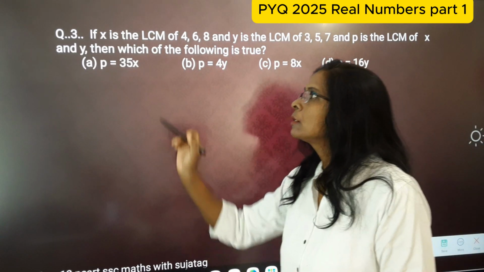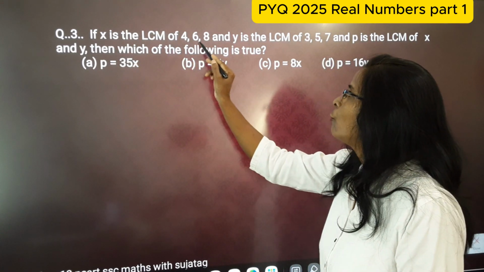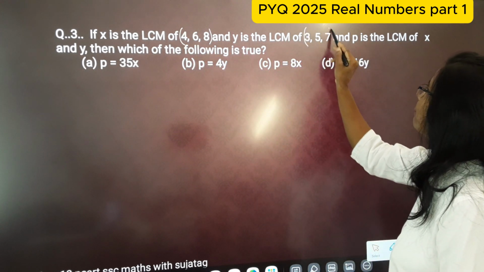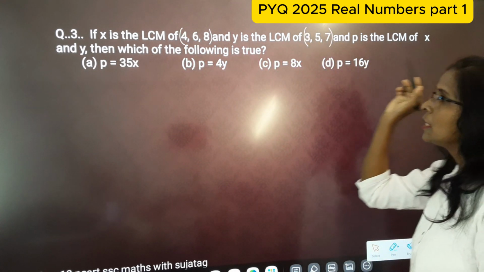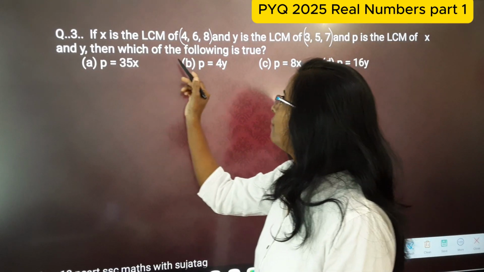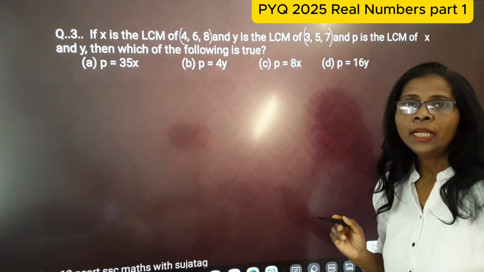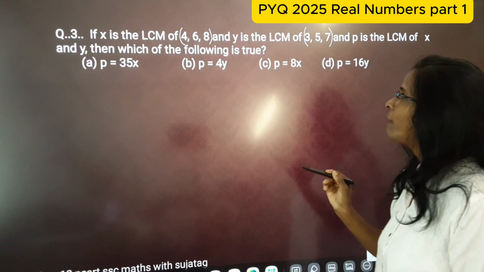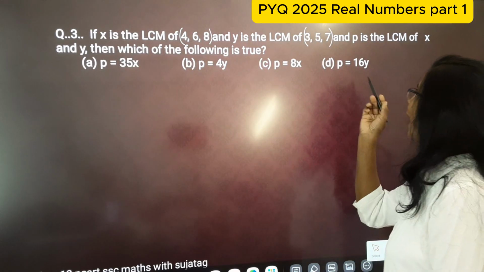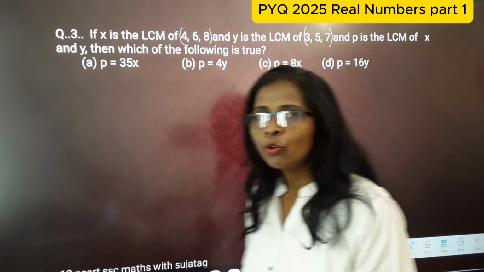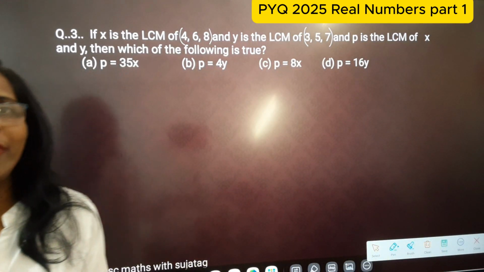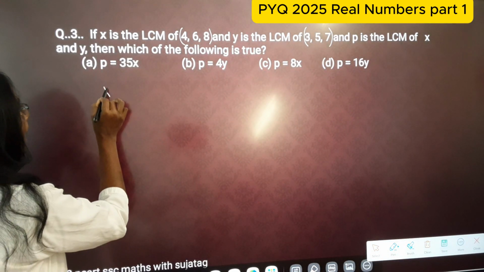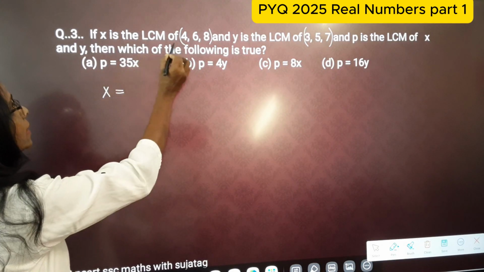Question 3, students. If x is the LCM of 4, 6, 8, y is the LCM of 3, 5, 7, and p is the LCM of x and y, then which of the following is true? The options are p = 35x, p = 4y, p = 8x, and p = 16y. So first we get the LCM of these. As per the condition, x is the LCM